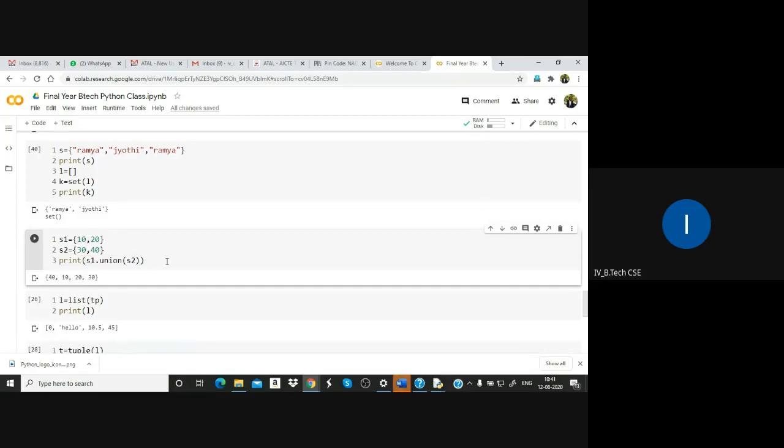If you have a lot of patience, you can write the entire union with brackets and all that. Otherwise, if you want a shortcut, you can use the simple operator. But if you want the code to be readable, you can write the union function. Whenever somebody finds a shortcut, nobody goes for the long way. That's why one single line gets the work done.